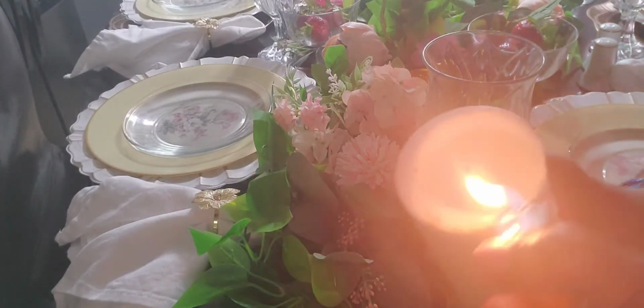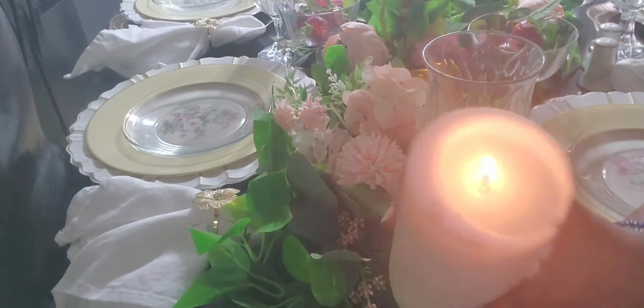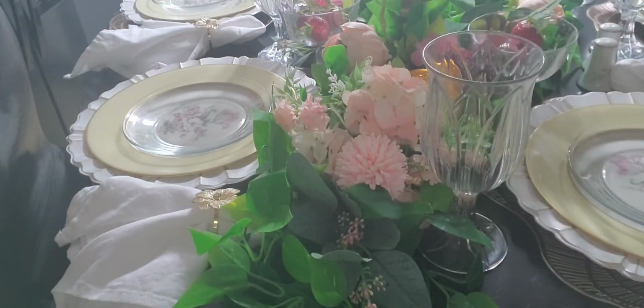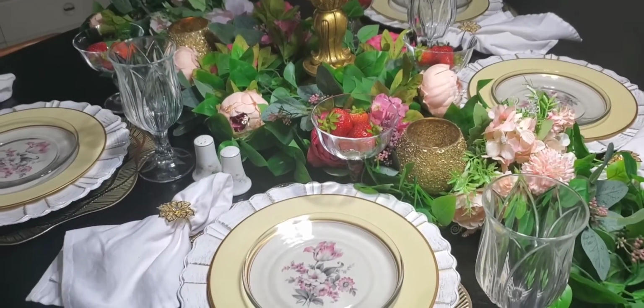And this is the actual candle that I've used for a while. And I like it because I've used it, and I'm going to show you a picture of it. I like the way a candle looks when it starts to melt. It's something really romantic about it. Kind of reminds me of the candles that they used to put in wine bottles, tapers. They just let them melt down on the bottom. So this is the table,